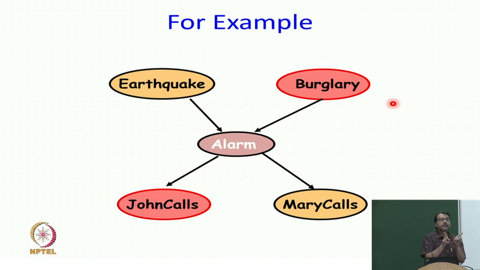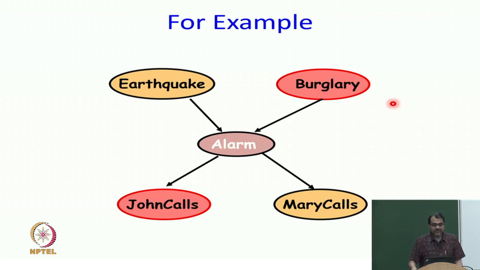We can answer it in two different ways. We can say, let us see, alarm is given to me. By adding information about burglary, does it change my distribution about whether John is going to call or not? No, because John just listens to the alarm and makes the call, right? Whether John knows the cause of the alarm or not, it really does not matter, right? So, by knowing burglary, I will not get a change in the distribution of John calls.